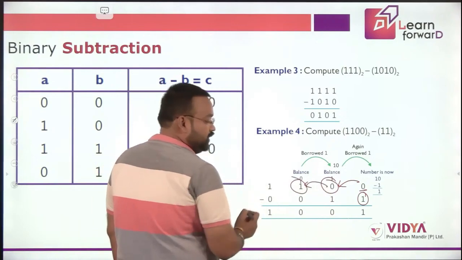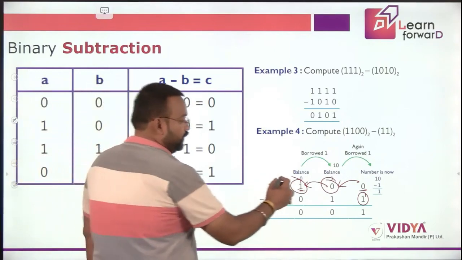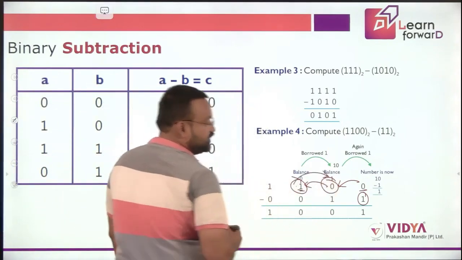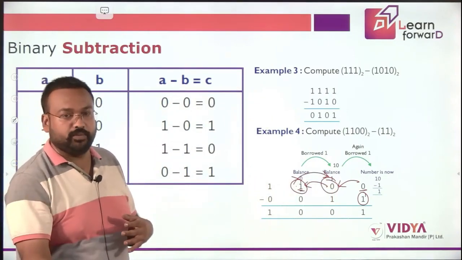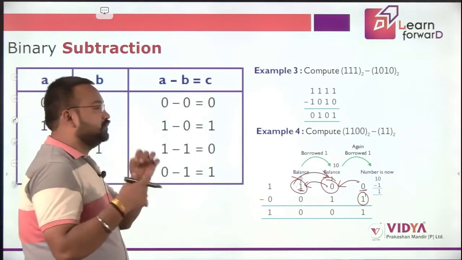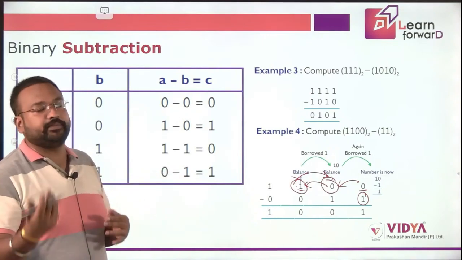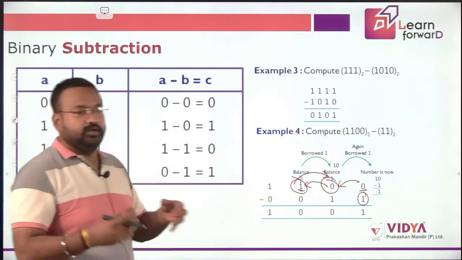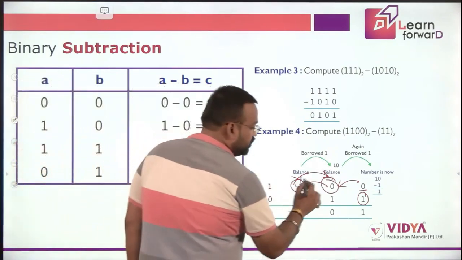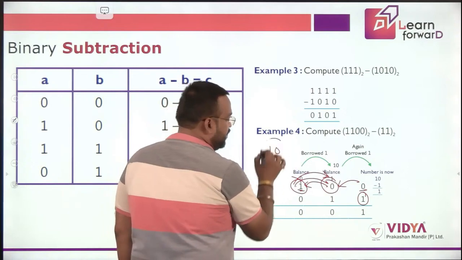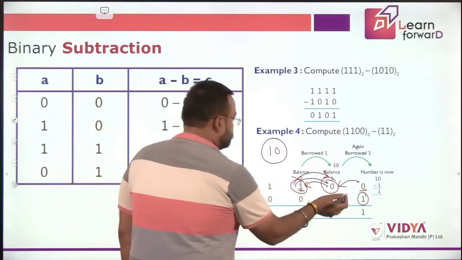So over here we have 1. We can simply take a borrow from here. Now, when this 1 goes to this position, we are going from a higher position to a lower position. In simple math, when we go from the 100s position to the 10s position, we multiply by 10. But in this case we are doing binary subtraction, so when we move from this position over here, it is treated as 10. Clear? So now this 10 would be here.